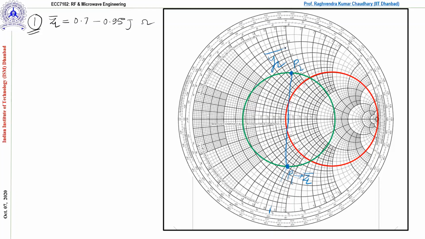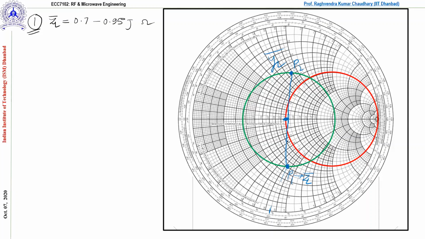Ultimately, we have to write all the things in admittance form. That is why I am doing the things. This is the center point, and the line is passing through the center. Please take care. I cannot draw the perfect lines and circle because I'm using the PPT. So I'm expecting that you are doing it with me, correct? Otherwise, you will not be getting the proper values of the Smith chart.